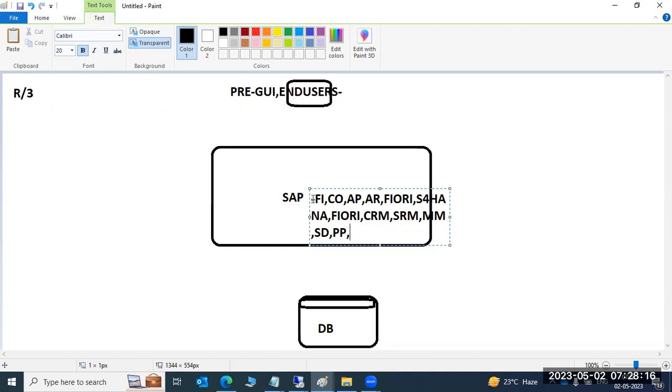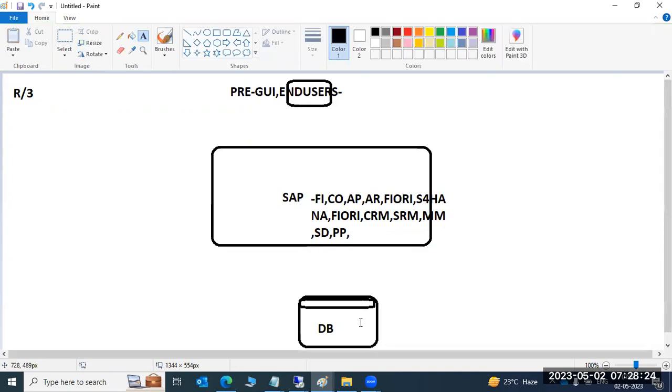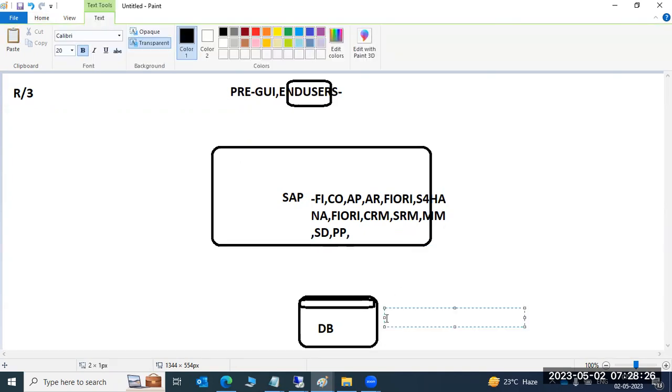We have that many applications, and you can use whatever you want depending on your business. But for DB, we have a number of databases: SQL Server, Oracle, MaxDB, Sybase, and HANA. Nowadays, R3, meaning ECC, can support all the databases.